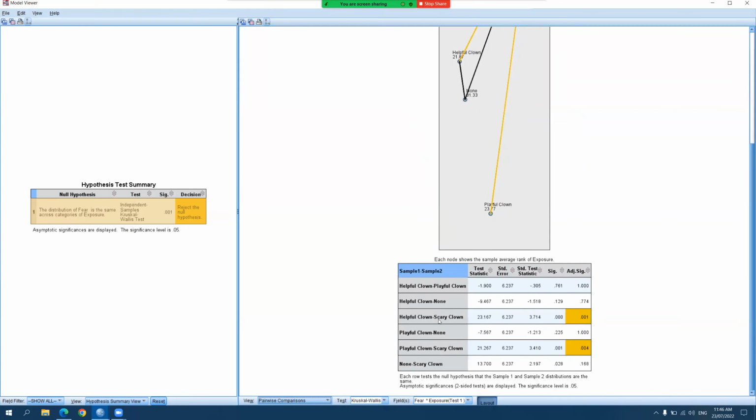For now, let's take a look if there are other significant differences. There's another one here below, playful clown versus scary clown. As expected, there is a significant difference between these two conditions. Interestingly, when the conditions are compared to the control group, no significant differences were observed. So to know more about